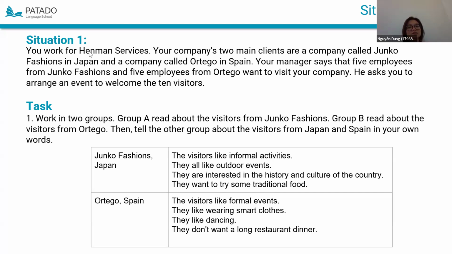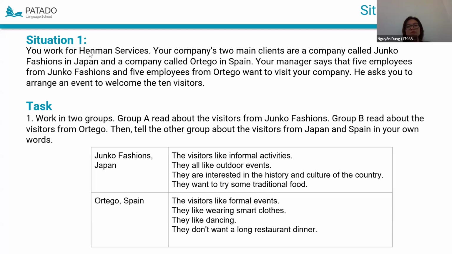We can organize some tours around the city so that they can discover the history of our city. We can organize some activities.